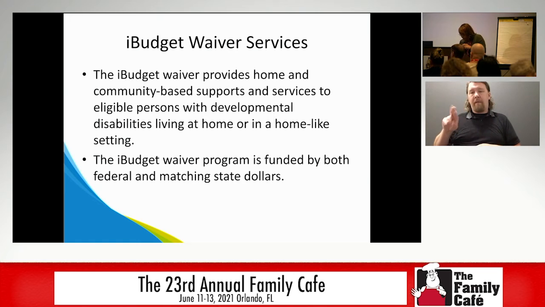This waiver provides home and community-based supports and services to eligible persons with developmental disabilities living at home or in a home-like setting. And the iBudget waiver program is funded by both federal and matching state dollars. And these services